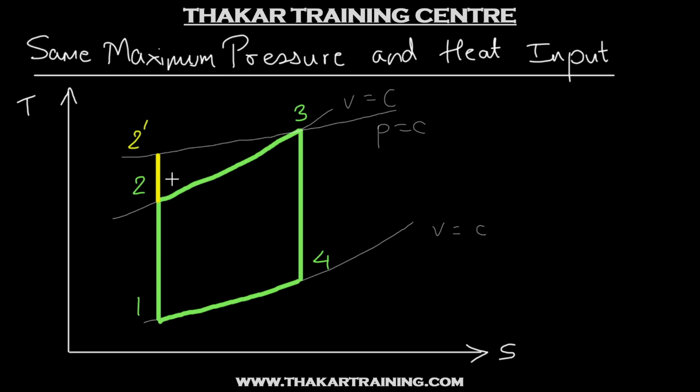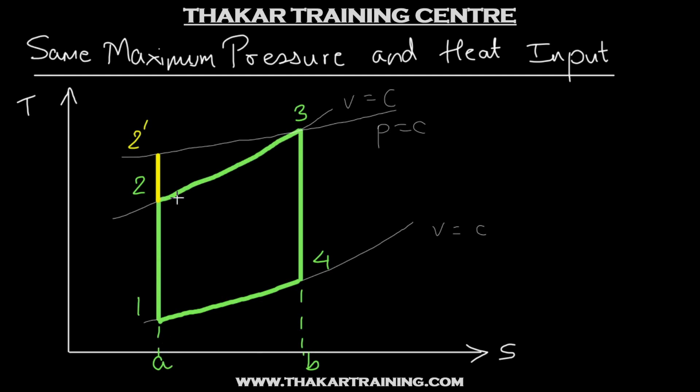Alright. So coming to heat addition now. We want the same heat input for all the 3 cycles. Alright. So for the Otto cycle, once again we'll mark the heat addition. It is in 2 to 3. So this is A and this is B. So how are we going to have the heat addition? This is the heat addition process, constant volume for Otto cycle. So area A23BA, this is the heat addition, correct?